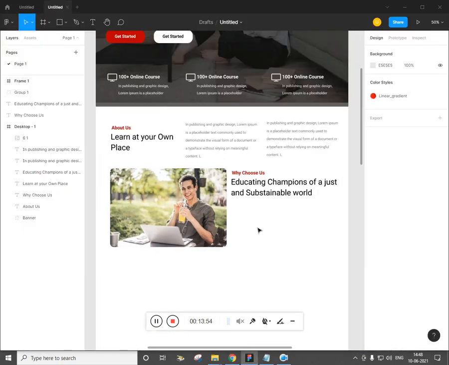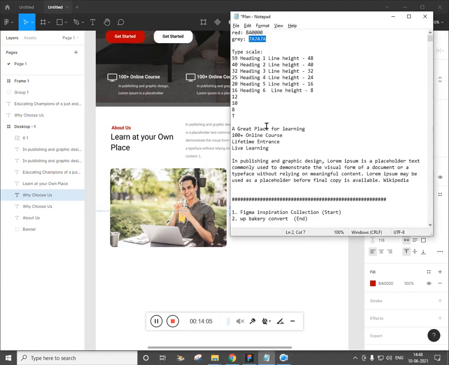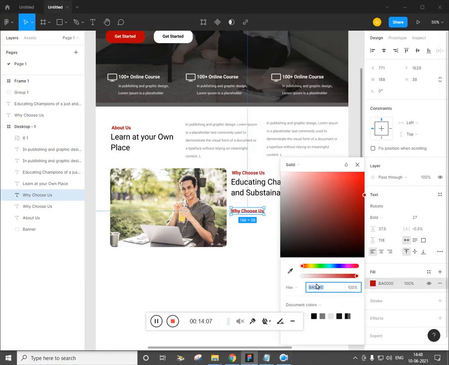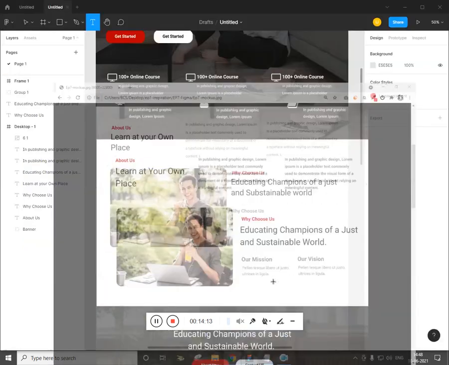Now we need to make a copy of it, and you can increase it to like 30, or 27 was okay. Now give the color gray, and bold is okay. Now type T, we just need 2 lines of text.